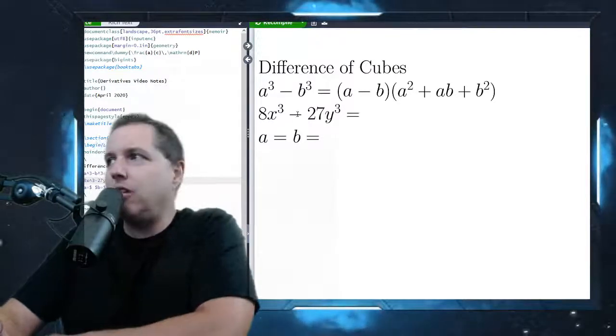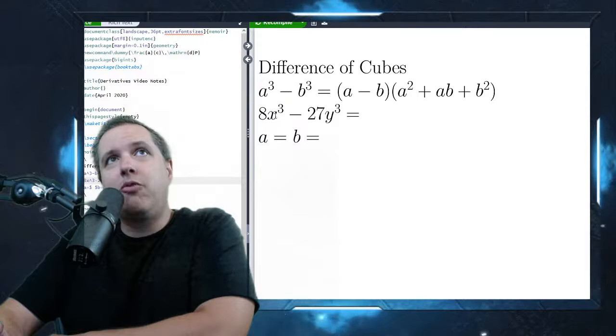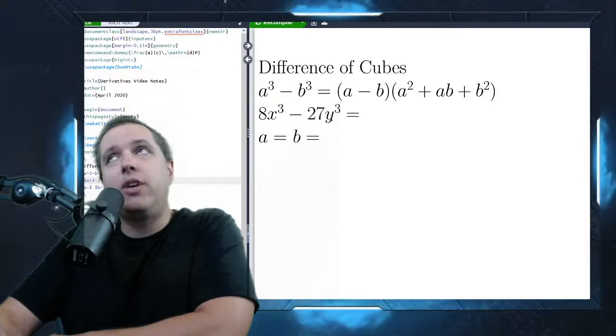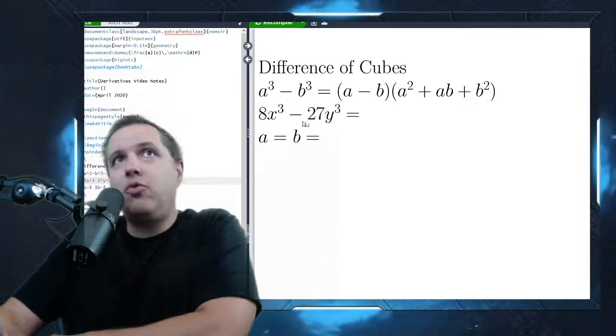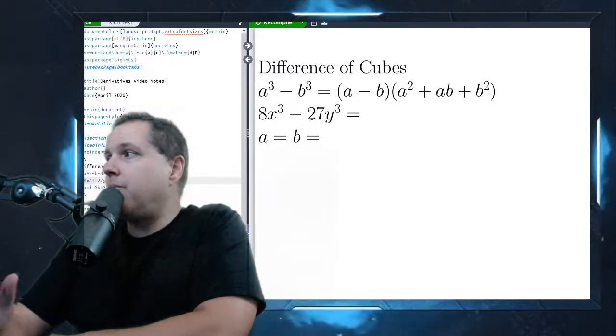And you might go, well, how do I know it's a cube? Well, the variables are being raised to a multiple of 3, which means it's a cube. And then also 8 is a perfect cube. 27 is a perfect cube. And remember,